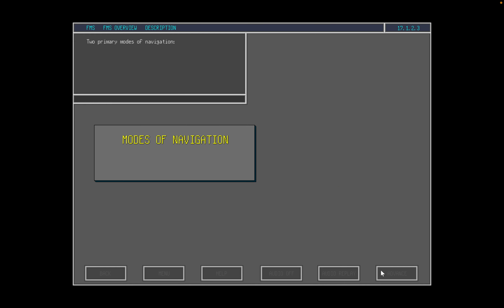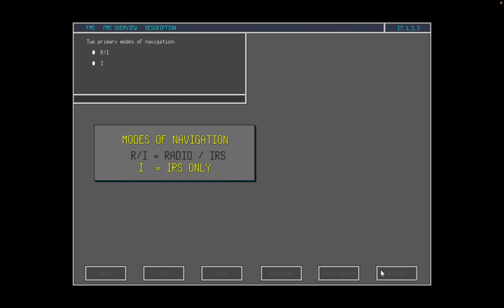The flight management system has two primary modes of navigation with differing levels of position accuracy. Radio and IRS is when the FMS receives radio navigation position updates and a blend of IRS position updates from the three IRSs. This mode gives the most accurate position information. In the IRS-only mode, the IRSs feed position data to the FMS. This mode of navigation is still very accurate,